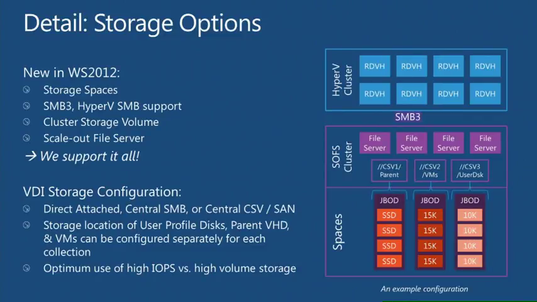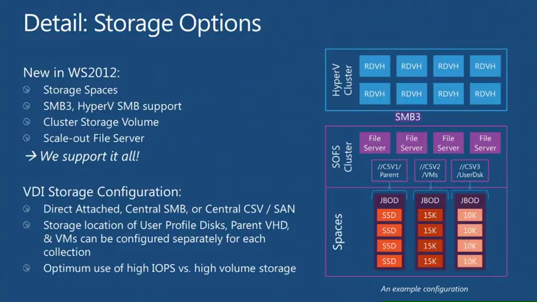And I'm using Spaces here. I have disks of different speeds and quality, different IOPS. I'm using Spaces to make all my SSDs appear as a single disk, all my 15K RPM disks appear as a single disk, etc. And the reason why I group things this way is so that I can use CSV, cluster shared volume, to